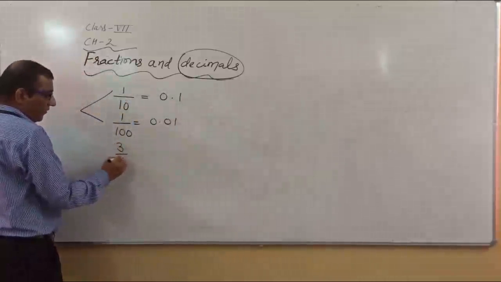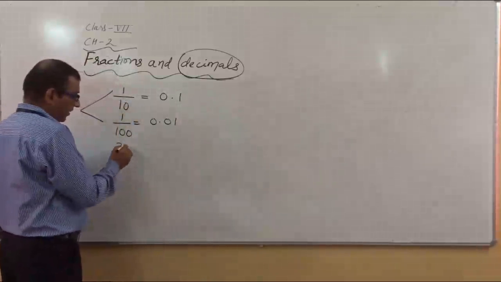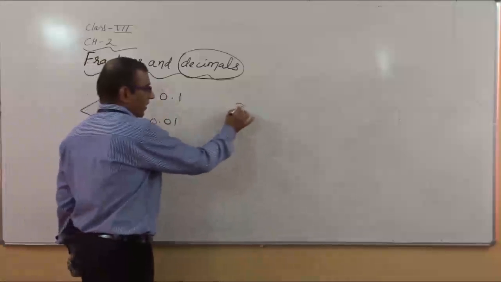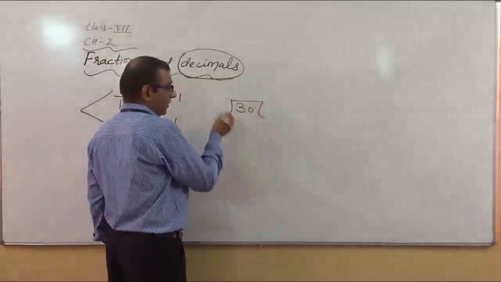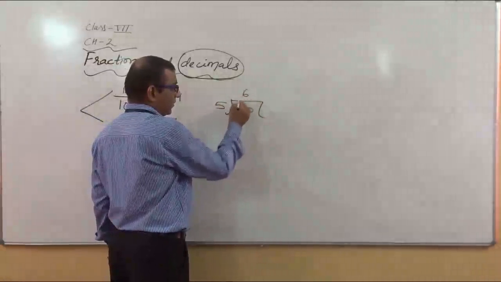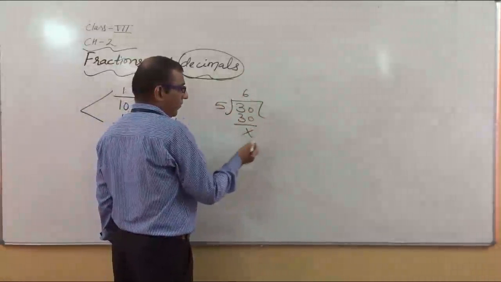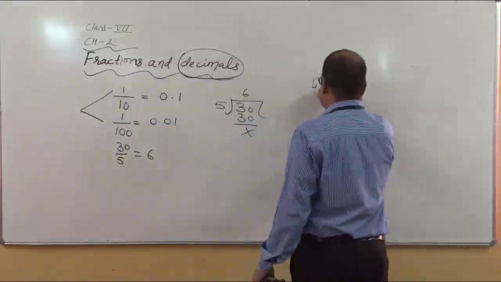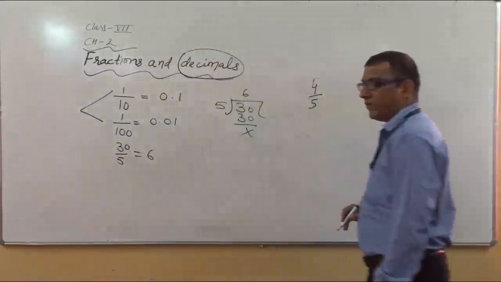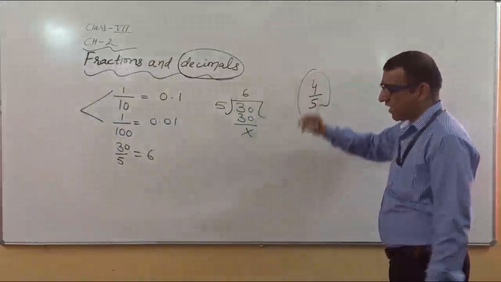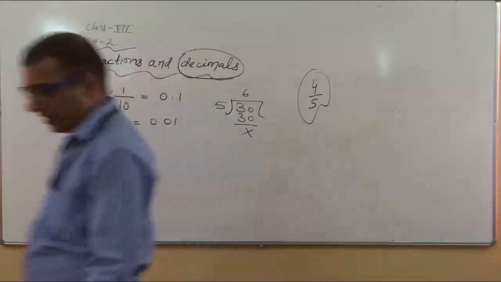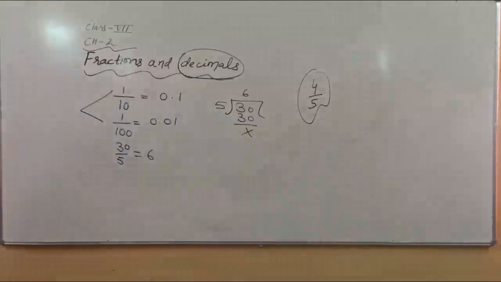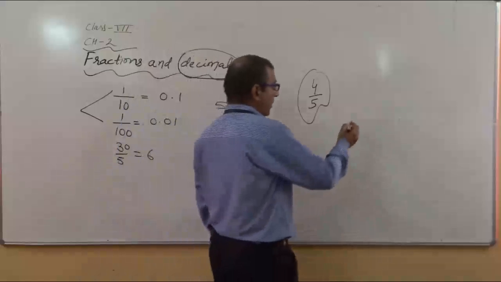3 upon 5 or 30 upon 5 is very simple. How will you do 30 upon 5? Generally, you will write it here, and then the answer becomes 6. But if you are taking 4 upon 5, which type of fraction is it? As you know very well, the numerator is less than the denominator, so definitely we will say it is a proper fraction. So how can we divide?